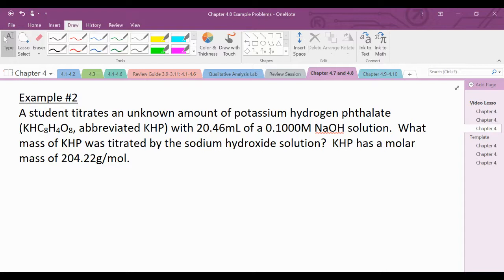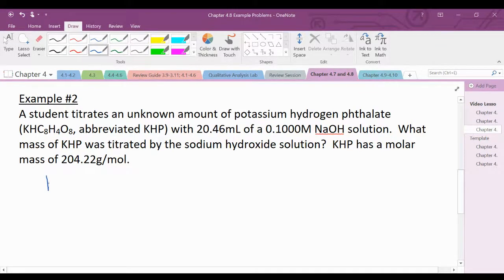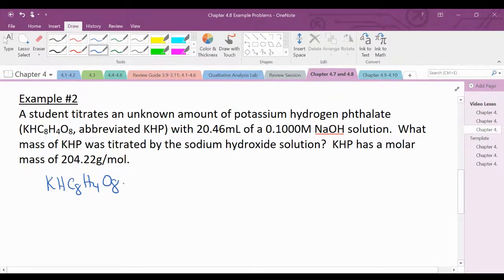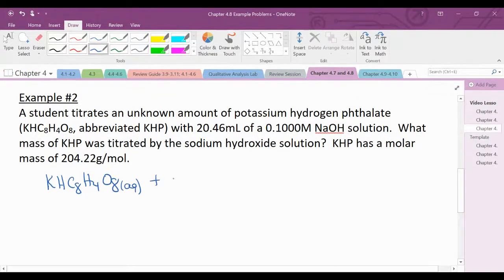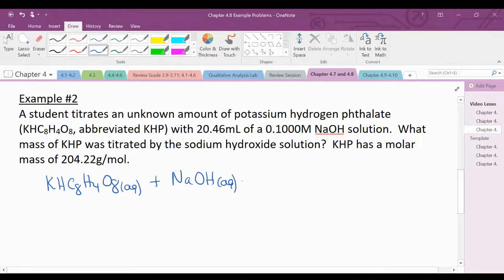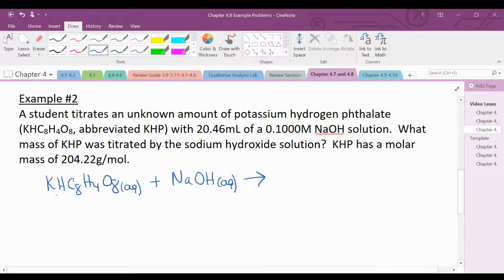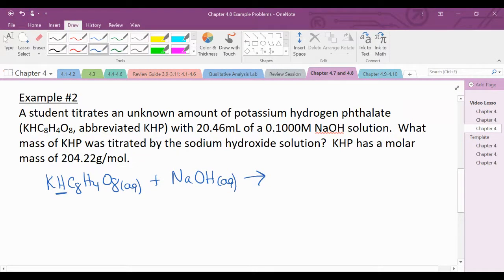So first we're going to write the balanced chemical equation for this reaction. And so this is the acidic hydrogen that is donated to the sodium hydroxide. So I'll have water